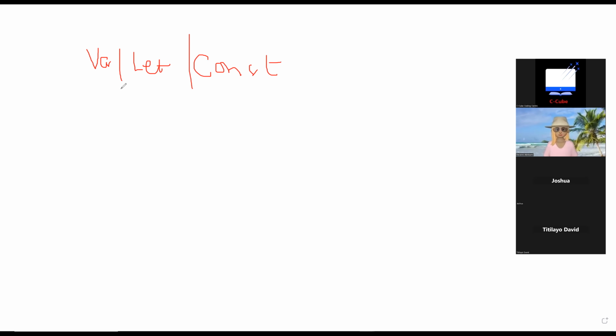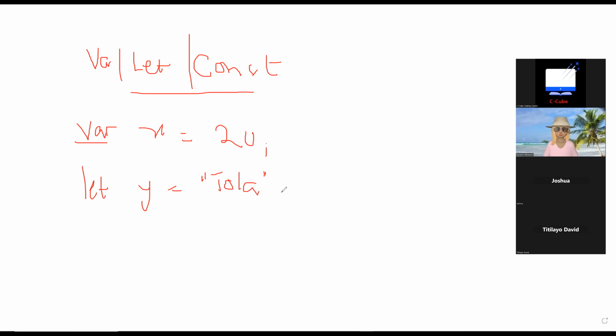I will talk more on this later. But the point I'm trying to make here is that if I can declare a variable x to hold 20 using the var keyword, at the same time, I can use the let keyword to declare another variable to hold this data. And I can also use const to declare